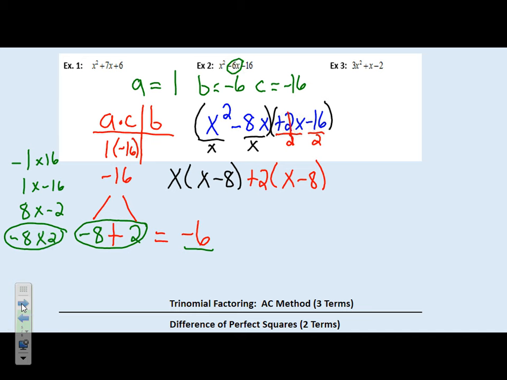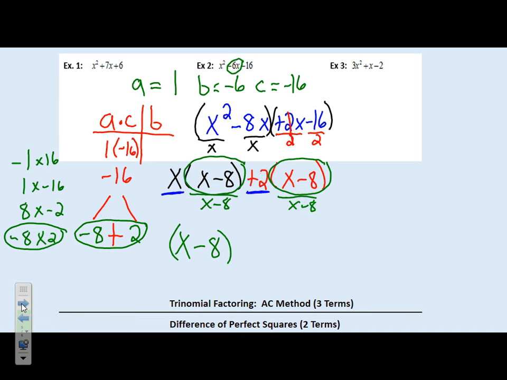Now what we have in common here is x minus 8 and x minus 8, so I'm going to take those out. When I get there, that's going to go out in front, so I have x minus 8. And then I'm going to use what's left over, so I have x plus 2. That is my factored form for this one. Okay? And if I would distribute this through, I would get the same as I started with, x squared minus